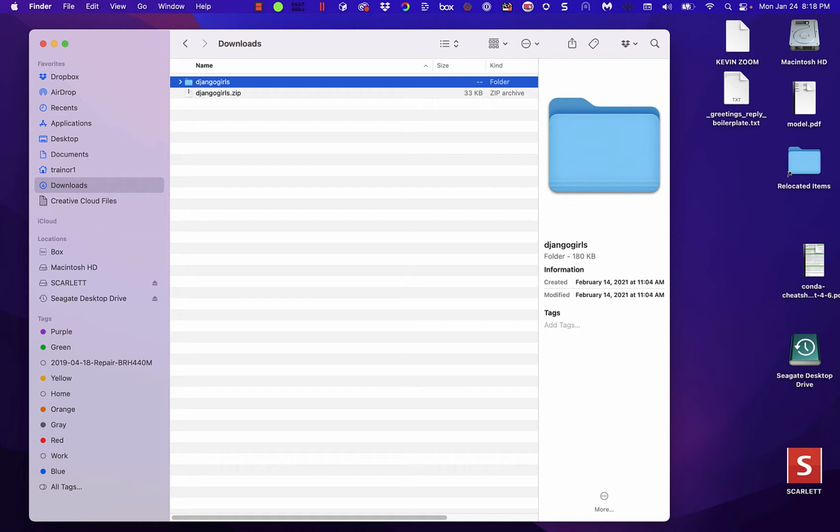Welcome to my tutorial on how to complete and submit your Django Girls tutorial assignment on macOS. Okay, so I have a copy of the Django Girls project as we've been developing it. You will notice that it's in a directory called Django Girls, and it has the directory structure that you would expect. Okay, and the problem is that it's not properly named,